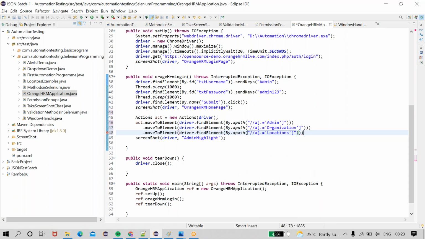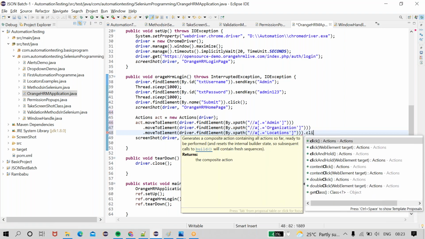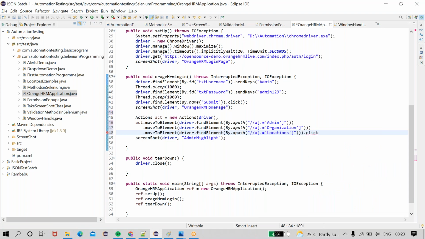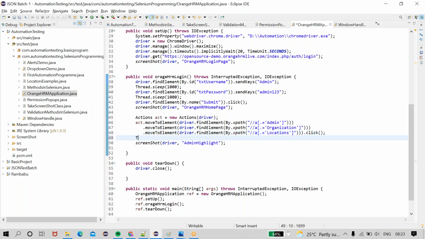See, as of now I moved to the 3 locations. Then I am going to perform the click operation. See, I am not performing the build operation. Please observe what will happen. I am waiting some 2 seconds.